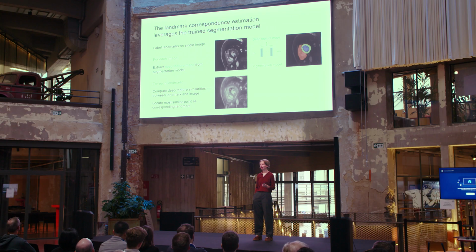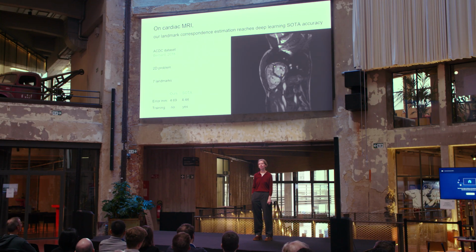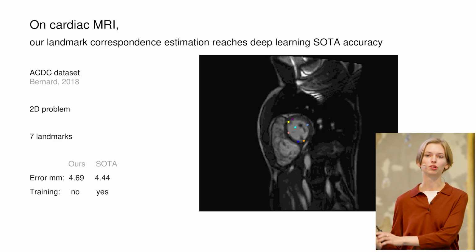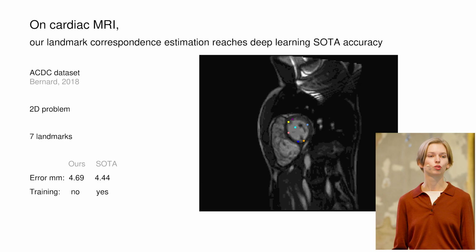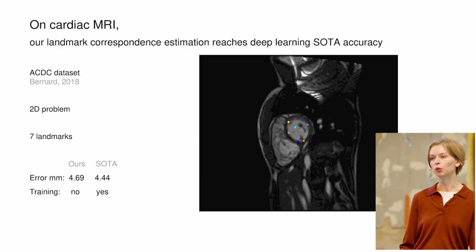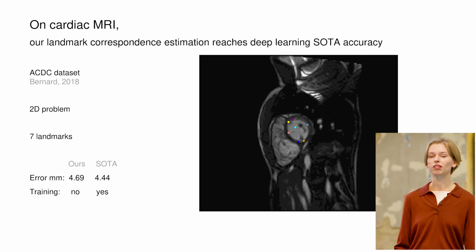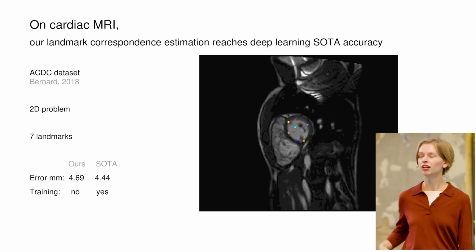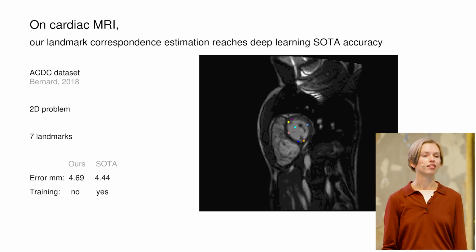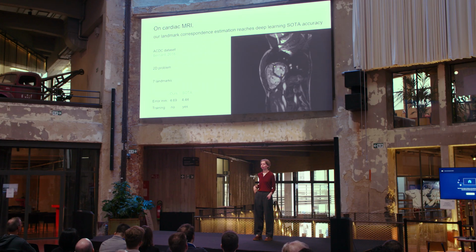And here we come back to the heart. And in this dataset, we study cardiac MRI, which is a scan taken over multiple time points during the cardiac cycle, so during the beating of the heart. At the first time point, we have 7 landmarks labeled for each patient, as you can see here. And these landmarks all lie in the same 2D plane. And we then track each landmark to the next time point, and to the next, and so on all the way